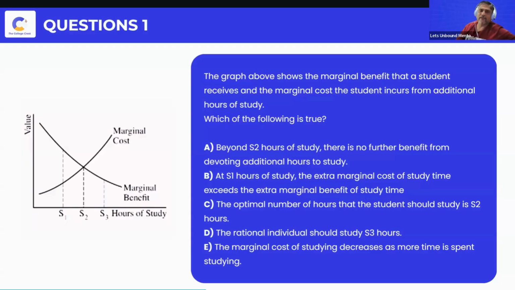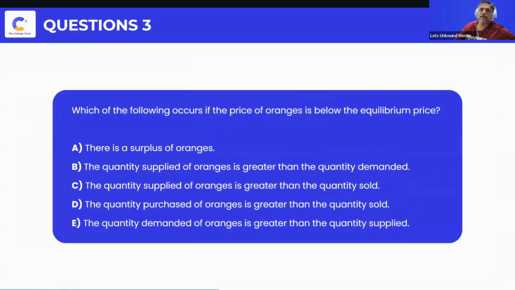Okay, so that obviously is the correct concept. That is the equilibrium. You can see where marginal cost is equal to marginal benefit. So that point obviously is S2 hours. And that actually is the correct answer to this particular question. Okay, all right. Another one here: which of the following occurs if the price of oranges is below the equilibrium